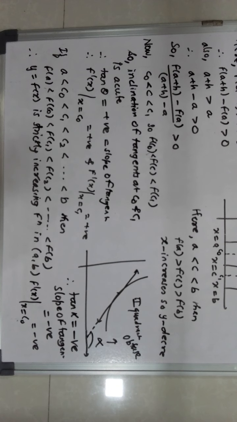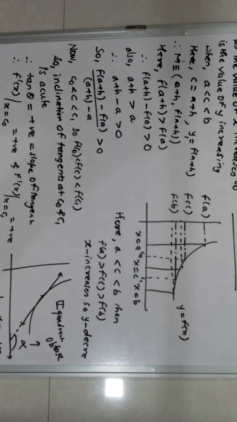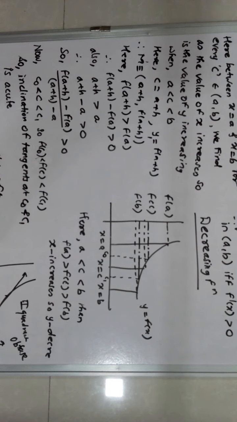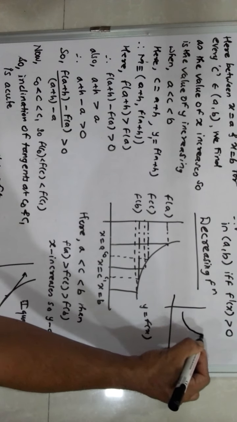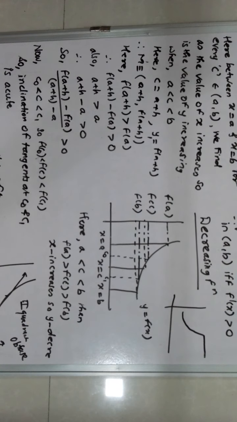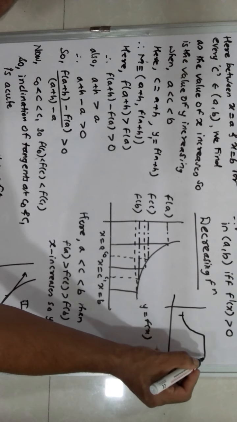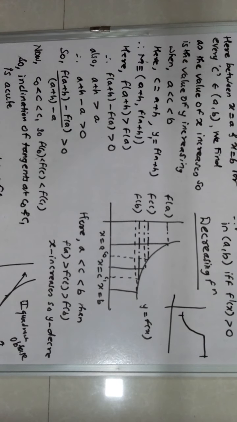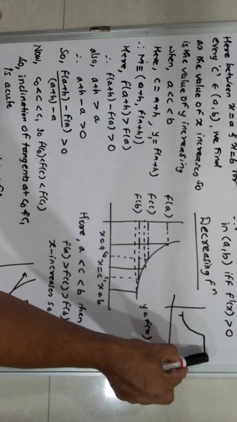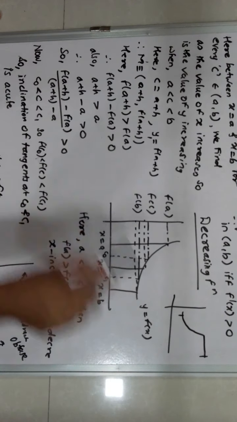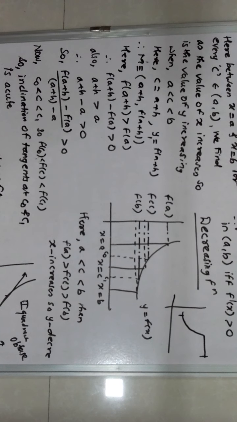We will be using the terminology of increasing function in some other parts, so I will just give you a simple example. After a small space I will draw. Here is some small space. Suppose the graph is like this. You can see the graph, and between these 2 points you can see the function is increasing and becomes stationary from here, that is it is parallel to the x axis. So f dash x is 0 over here, right?